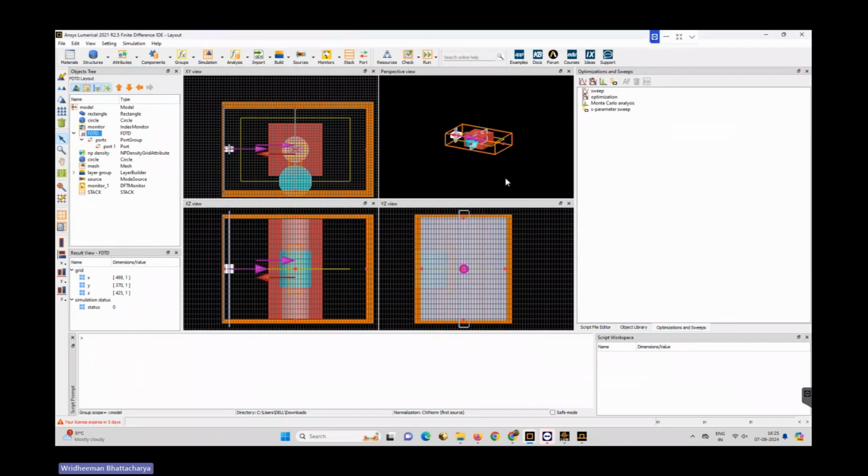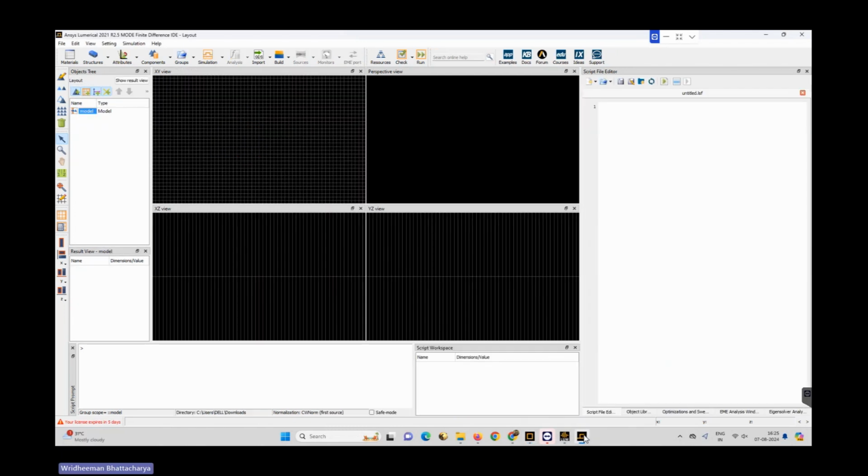So this we have done, right? Now I will show you how to do the ring resonator part. If I do it in FDTD now, it will take a long time, like 1 or 2 hours to simulate. So I'll show you